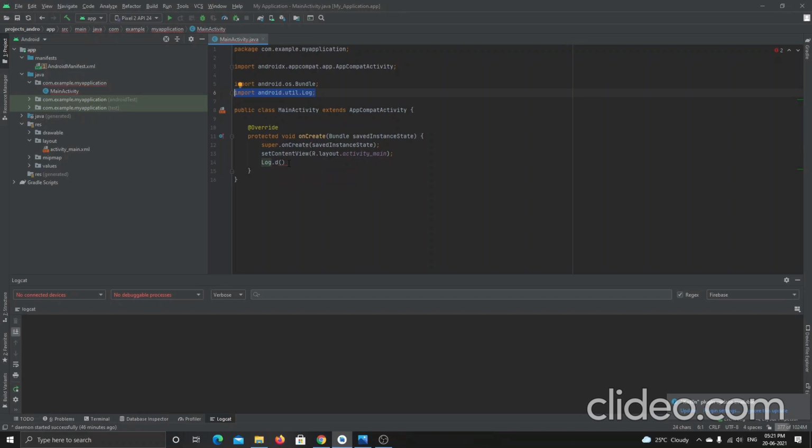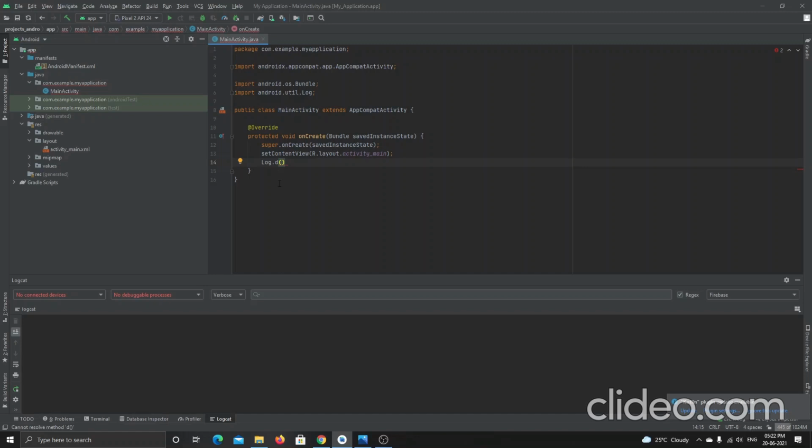What this log.d does is give me the log record, what is happening inside the application when I run this code, inside the phone or mobile application. It will be displayed here. So log.d is used to give some statements.